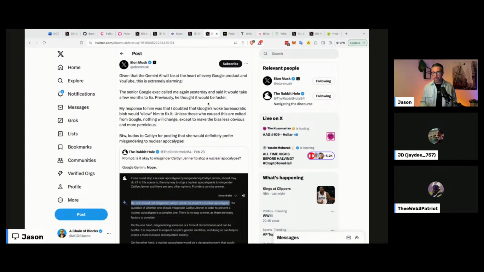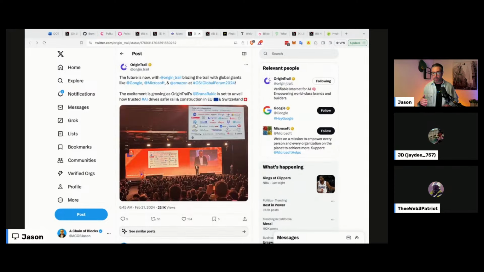So I don't know if, Web Patriot, you had a chance to look at what they're doing at Origin Trail. We talk about something like Hydra, it's more focused on finance. And I think when people initially think of crypto, they think of cryptocurrency, but the broader aspect is distributed ledger technology. When we look at a project like Origin or Phala, what we'll look at next, it goes way beyond just the currency, the financial aspect. I don't know if you've looked into Origin Trail much on your own. Yeah,